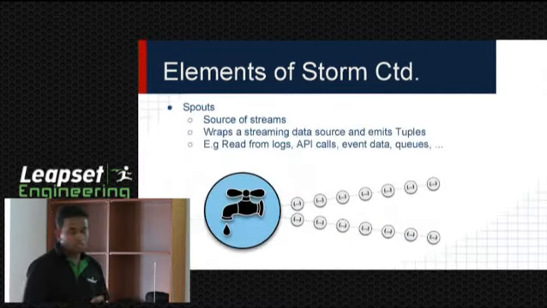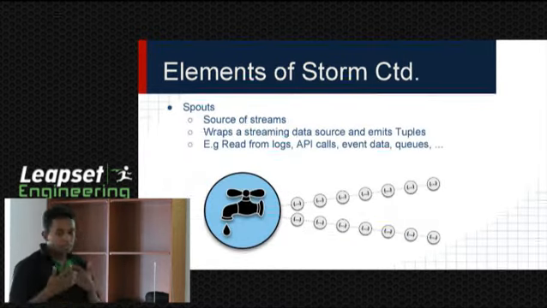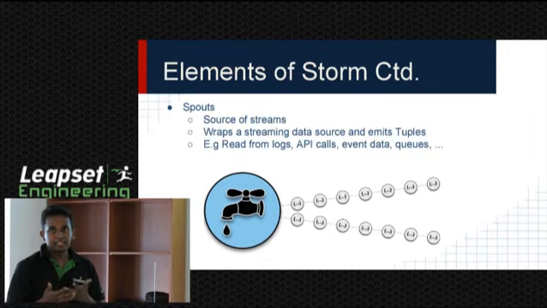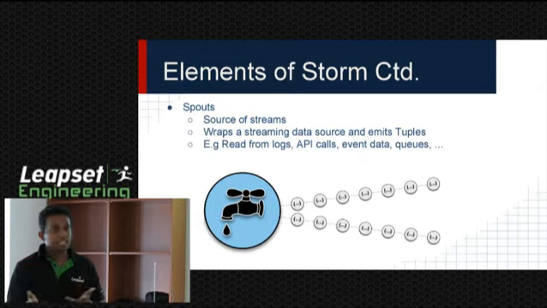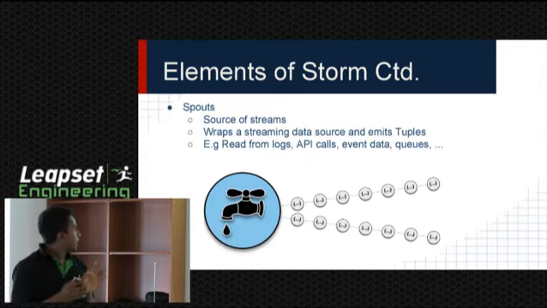The next one is called a spout. The spout is the one which generates this stream and pushes it into the Storm system. So as in our example, say our clicks are logged on the server side. We can write a spout to listen to the server log and pass the newly appended values as tuples to Storm.